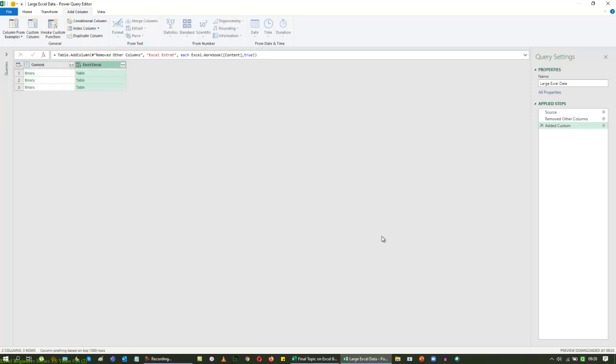And I can see that now I have this list. And I'm going to extract this when I click this double arrow. This is the first thing that you can see in here. When I click the double arrow, it extracts the data and shows what are the different headers that we have here. It says name, data, item, kind, and hidden. So I uncheck this option so that I don't bring the Excel extract in front of my headers here. I don't want this prefix, or else it will be odd and I have to rename my headers again after I've completed my list.